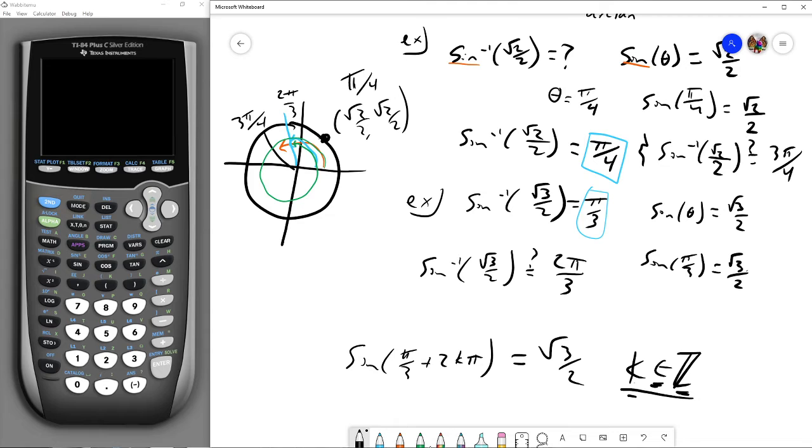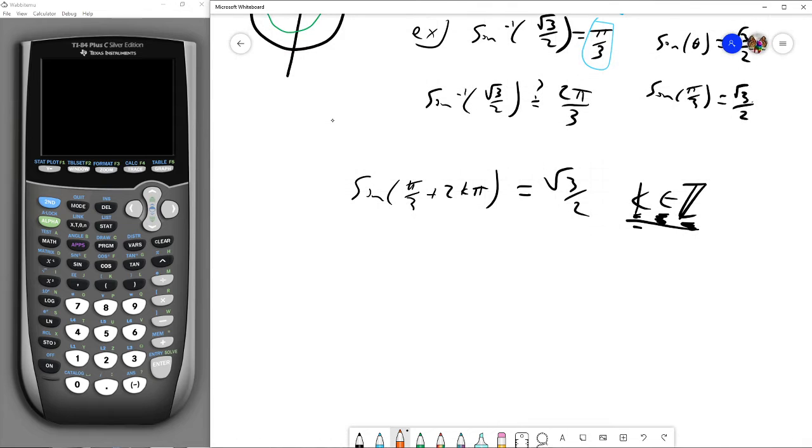So k is inside the integers. So when we think about sine of pi over 3 plus any integer multiple of 2 pi, that's always going to be root 3 over 2. So there's an infinite number of values you can plug into sine and get root 3 over 2. Yet, these two values that I boxed in the sky blue color, those are the only two values that Arcsine gives out. And the reason being is this: we must remember that the domain,